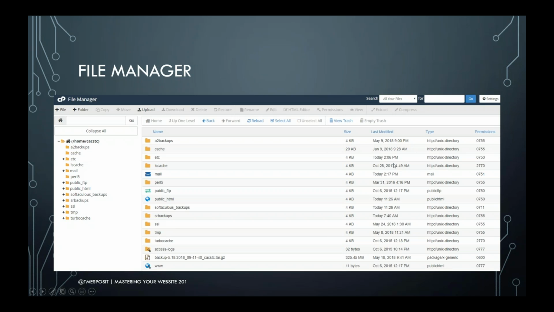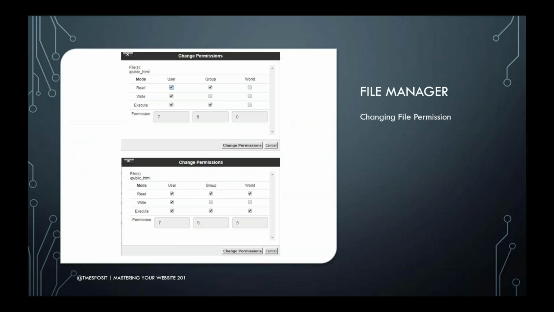But if you were to select a folder or a file and click that, it would give you a pop-up like this. And this will show you what 750 versus 755 means, which was one of the recommendations the security plugin recommended you change. So 755 means that the world has permission to read and execute the files in that folder, whereas 750 is more restrictive.